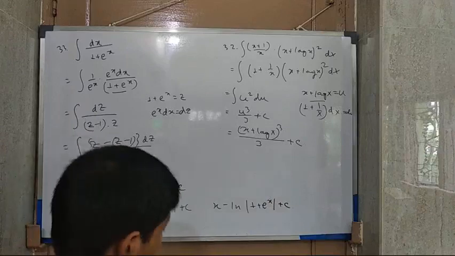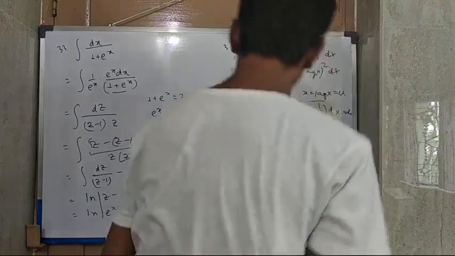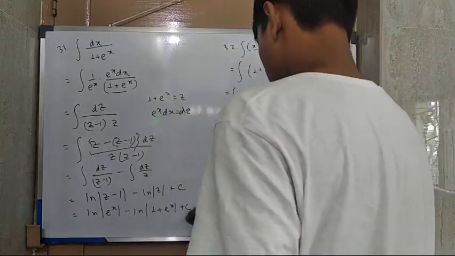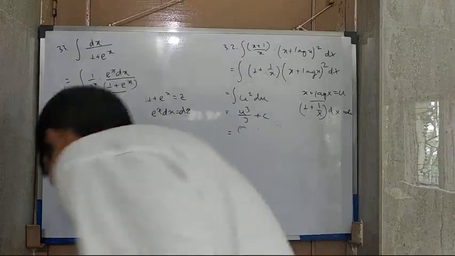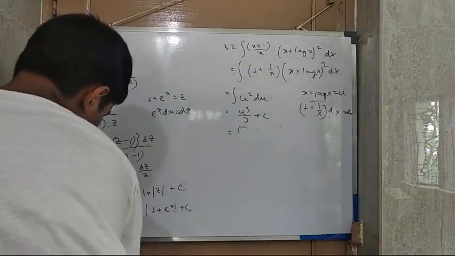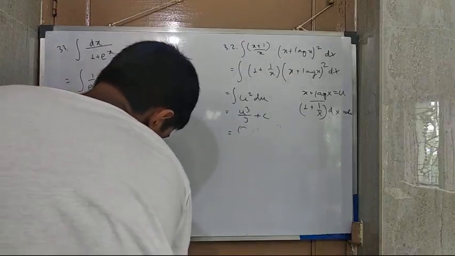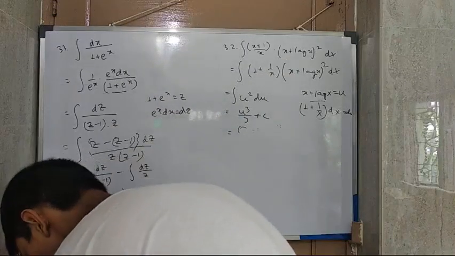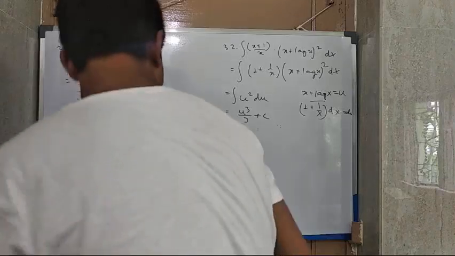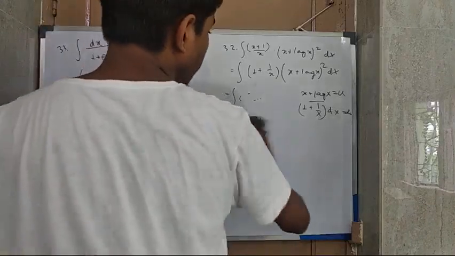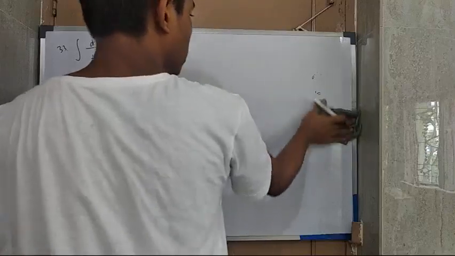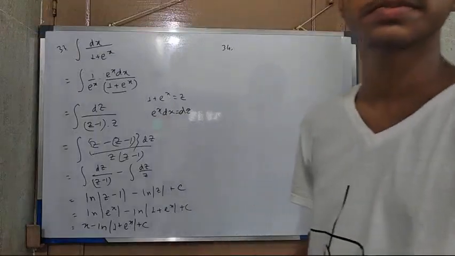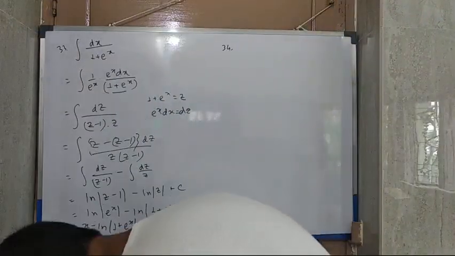Now let's proceed for the 34th question. Let's write it in the bottom. So this is actually x minus ln of 1 plus e to the power x plus c. So now let's go for the 34th question, which is actually